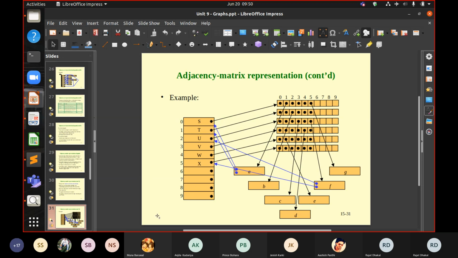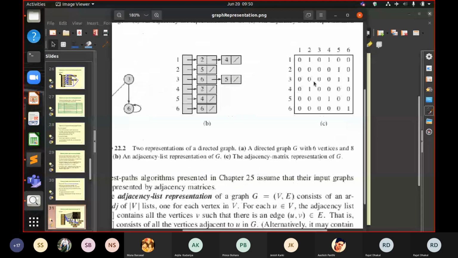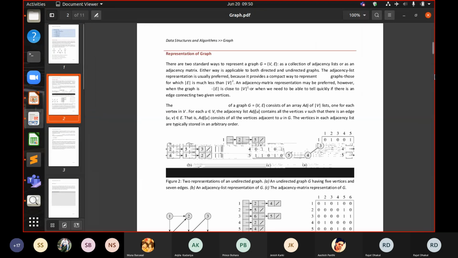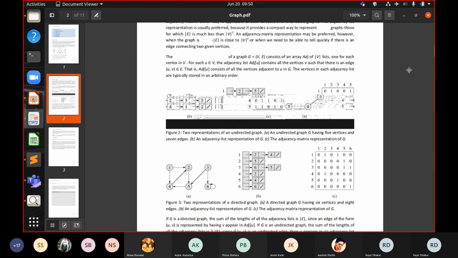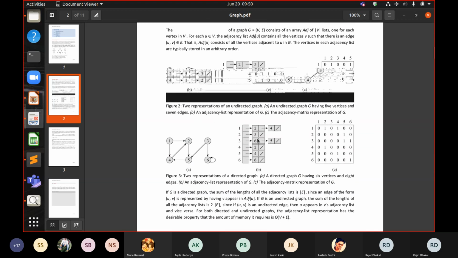So adjacency matrix, this one here and this one, basically this 6x6 matrix and 5x5 matrix are pretty much the same.